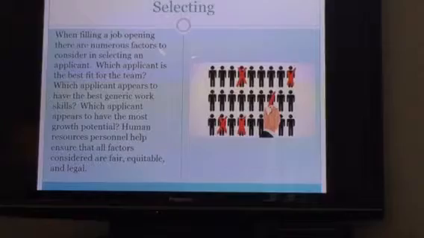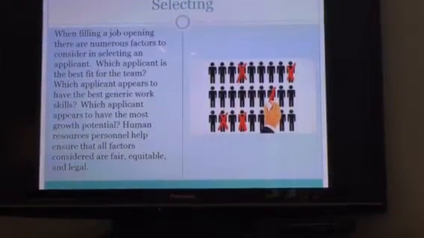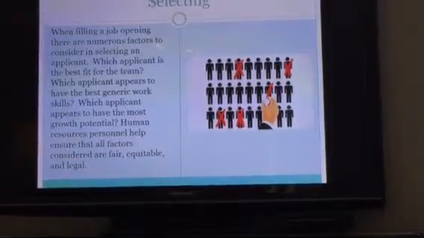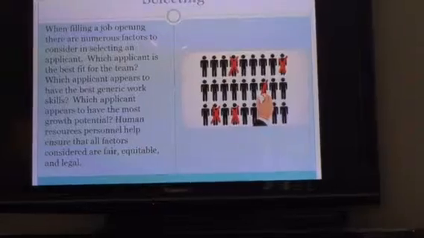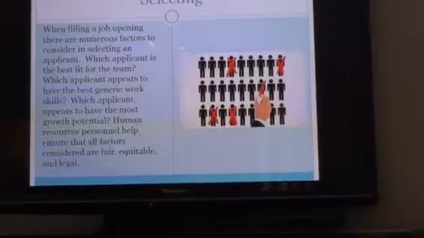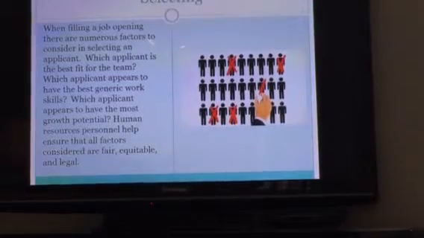The next step of the staffing process is selecting. When filling a job opening, there are numerous factors to consider in selecting an applicant. Which applicant has the best technical skills? Which applicant appears to have the most growth potential? Which applicant appears to have the best generic work skills? For example,